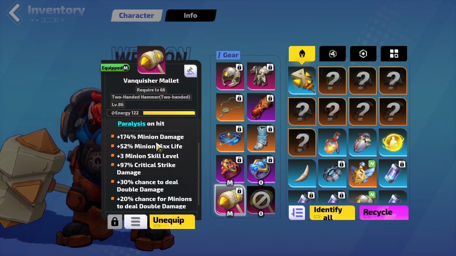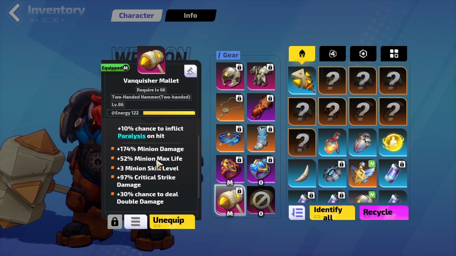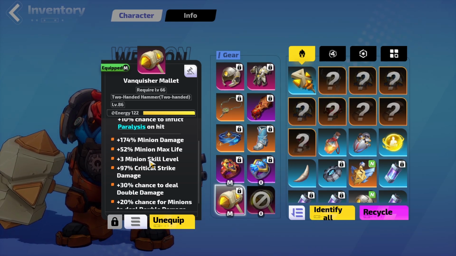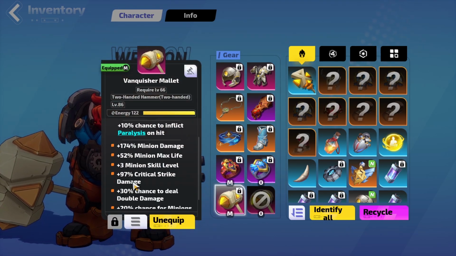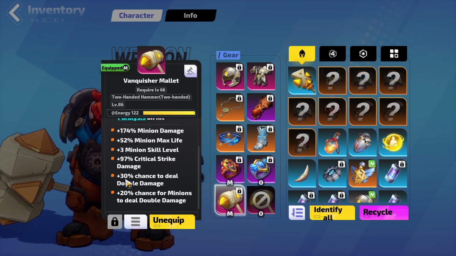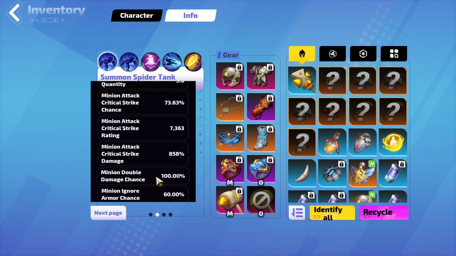And this is the weapon I crafted. Obviously, this is a pretty expensive craft, but it's definitely worth it. So I crafted just minion damage, minion max life, +3 minion skill level, critical strike damage, which actually is applied to minions thanks to the isomorphic arms, and also thanks to the Warden's Breastplate. So it actually gives around 200 critical strike damage. 30% chance to deal double damage and 20% chance to deal double damage for a minion, which is 50%. So when you look at my minions, I have 100% chance to deal double damage with them,